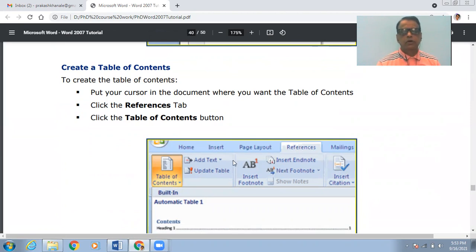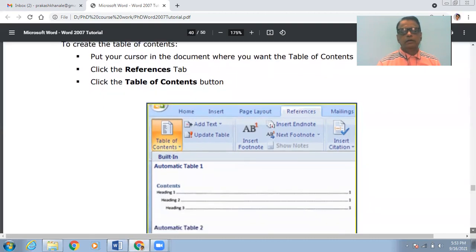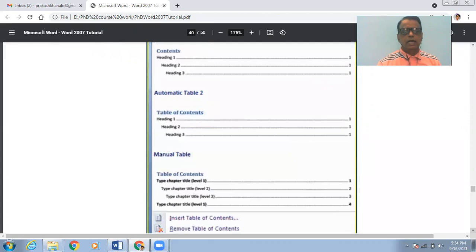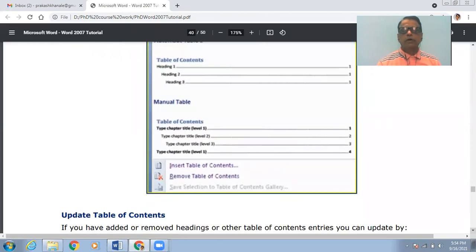As shown in this window, you go to the ribbon, click on the Reference menu, and on the left-hand side there is a menu available for Table of Contents. Once you click on it, there are different default options available for displaying the contents. You can select any appropriate style, and accordingly the table of contents will be created within your document.